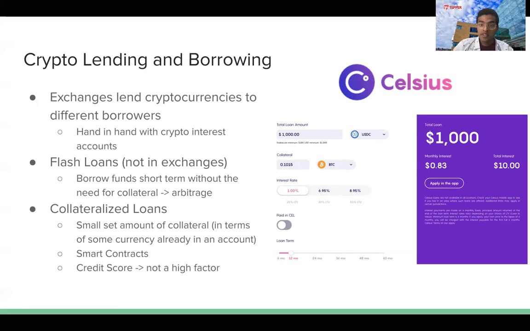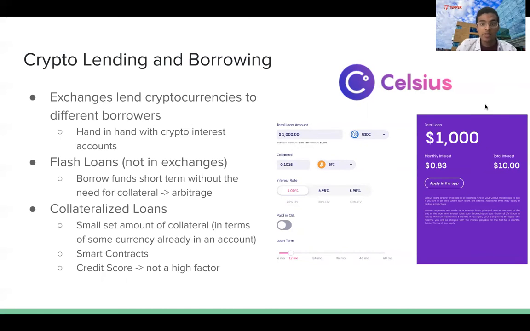And the other type of loan is collateralized loans. These are loans that firms like Celsius deal with, and this is similar to regular banks. Celsius makes it very transparent how much collateral, depending on the currency one currently has, corresponds to the loan amount and loan currency. Currently borrowing is not as popular, but Celsius has a competitive APR of around 1%. Plus, more and more states are now opening up their regulation to allow for crypto loans, as seen in California recently allowing for these loans.